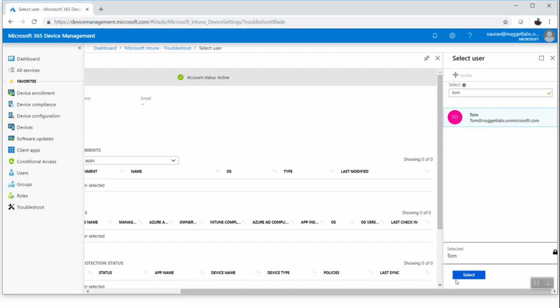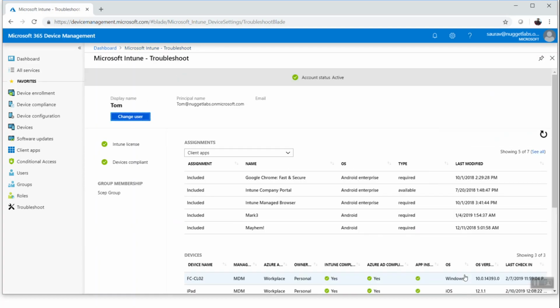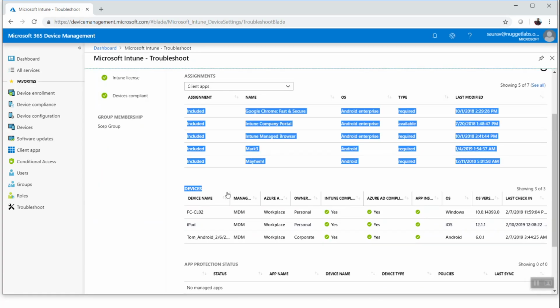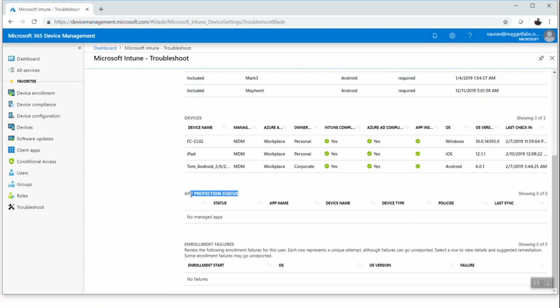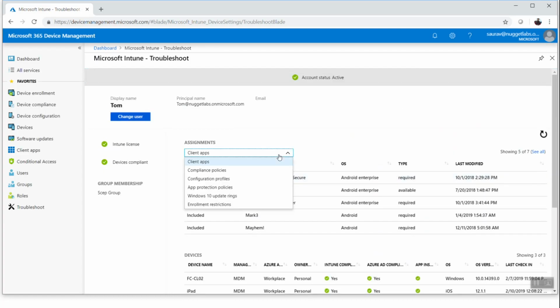So entering Tom's username or UPN over here is going to give us all the information regarding Tom in the tenant. So you would be able to see everything related to Tom in the single pane, or in the single view. We'll be able to see all the devices that have been enrolled by Tom, all the app protection policy that has been applied to Tom, and if there are any client apps that have been deployed to Tom, then it's going to